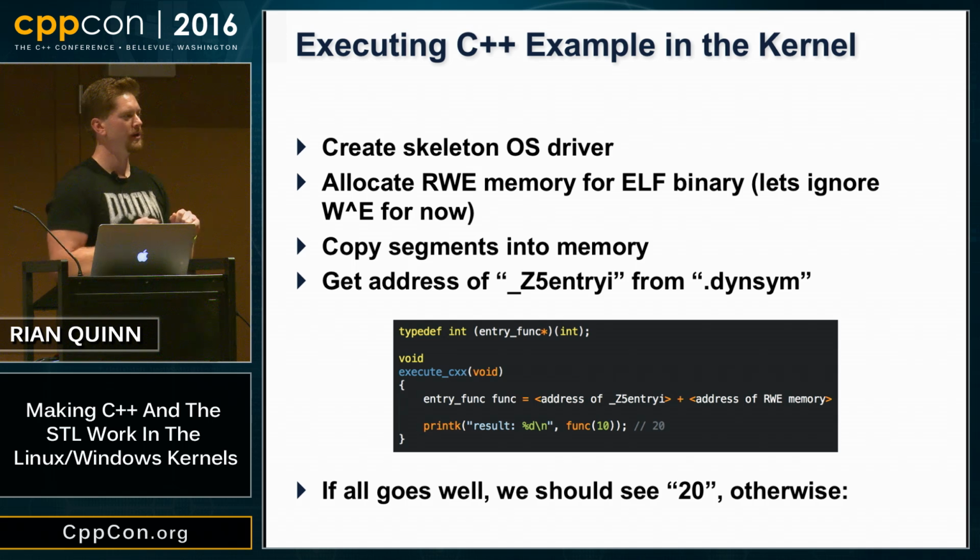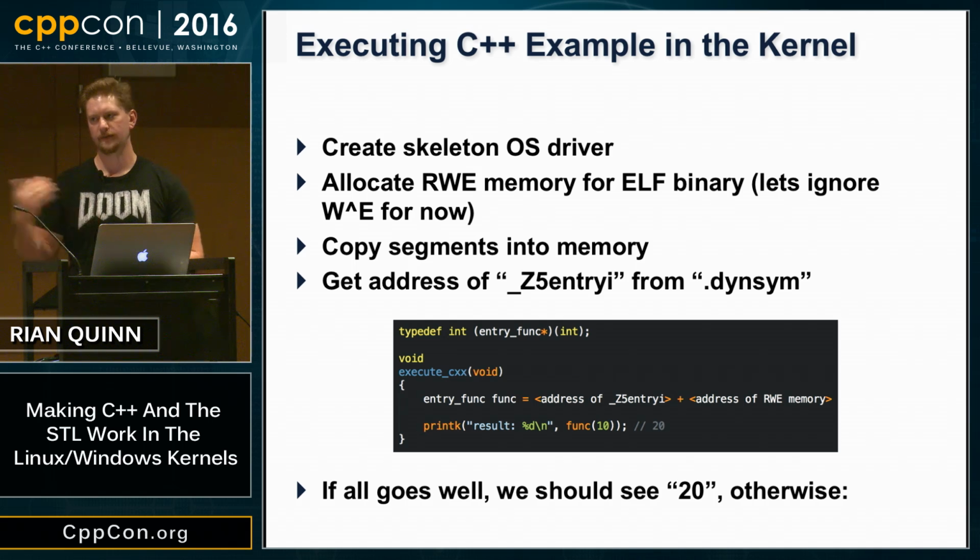So now that we have a better understanding of ELF, and we have our little example C++ program, we're ready to execute C++ inside the Linux kernel. So what we're going to do is start by creating a Linux kernel driver. Just go and download your favorite skeleton driver off online somewhere. There's a lot of them. And allocate some read-write-execute memory. For the purposes of this discussion, we're going to ignore the obvious security reasons why you'd never want to do that. Then we're going to copy our C++ executable into that memory we just allocated,